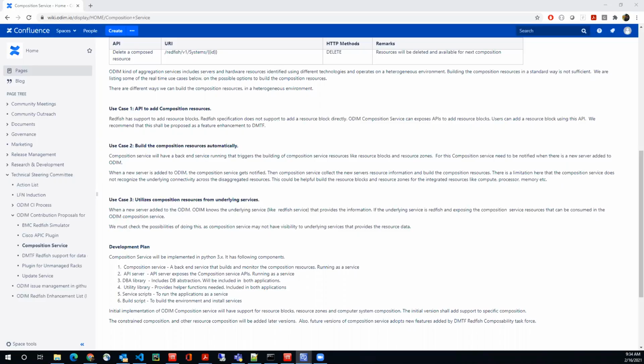How to group in resource zones, you mean? Because the resource block is just an elementary piece of hardware. So you could assume that every new endpoint, computer system, chassis, network interface card, these all are resource blocks, and you create those blocks for composition service to be used. No, but they belong to the same resource block.